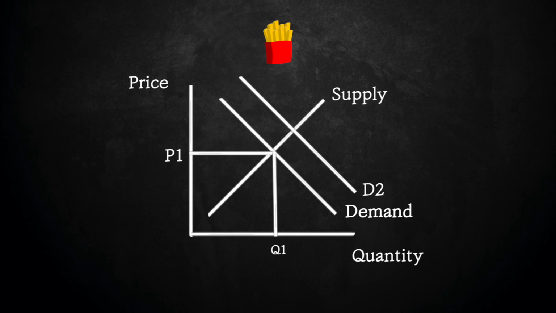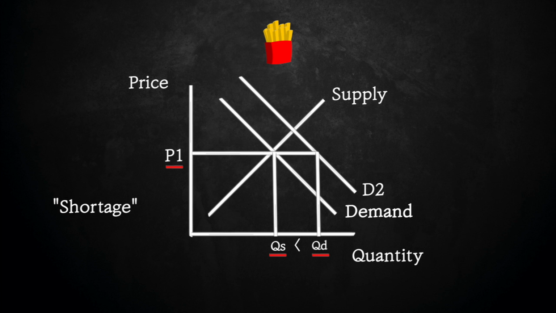So that's that, and now let's see what has changed in the graph due to this shift. As demand for chips, or whatever I don't really mind, shifts to the right, there's a temporary shortage at the old equilibrium point. So what is a shortage? It's a situation where quantity demanded is far greater than quantity supplied at a constant price. The price here is still at P1, but at that price, chip factories cannot produce the amount of chips that consumers want. Consumers are demanding this amount of chips, but factories can only produce this amount.